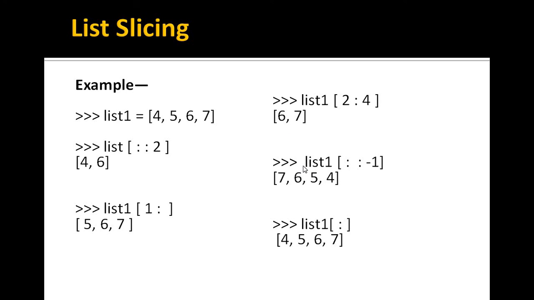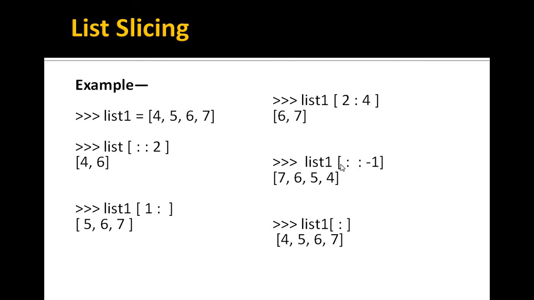Then in the next example, the list has been passed with only a step value, that is minus 1. When you have a negative step value, that means the list is being read in reverse order, starting from the end to the beginning. So if the values are given, then it is okay. Start from the value, go decrementing the positions and go up to the end by decrementing the positions.